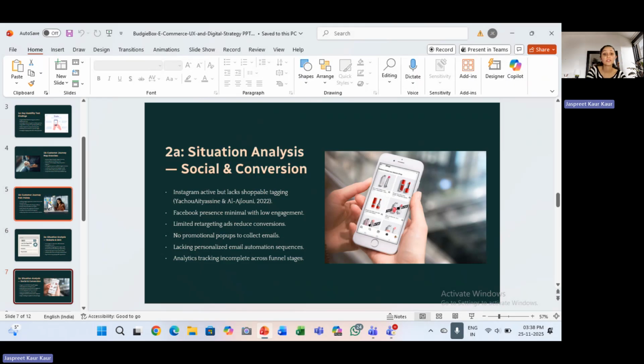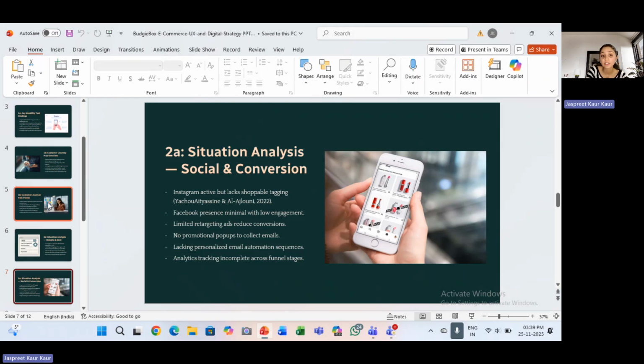In terms of social media and the conversion funnel, Budgiebox has visually appealing Instagram content but lacks key features, and there are no retargeting ads to re-engage visitors.